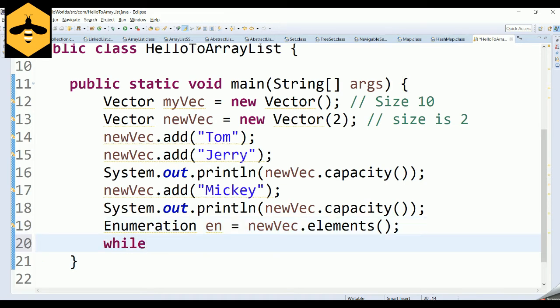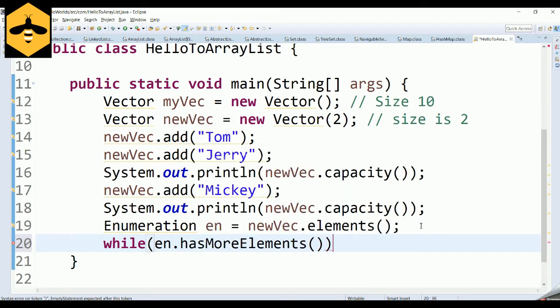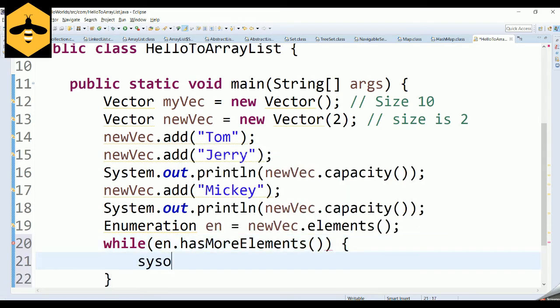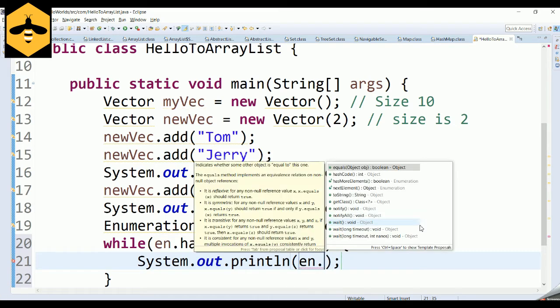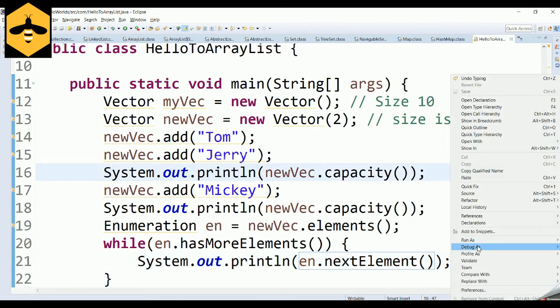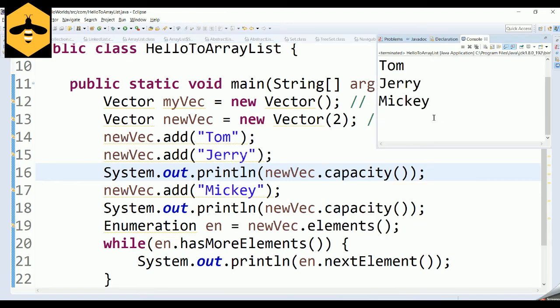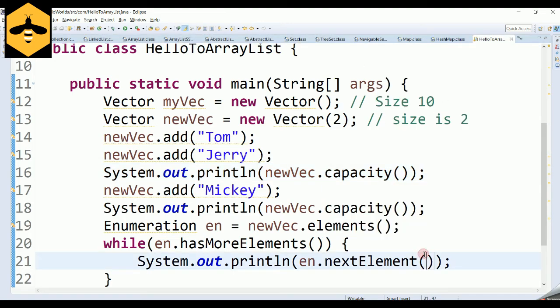While en.hasMoreElements(), you can print en.nextElement(). When I run this program as a Java application, you will be able to print the elements of the vector.